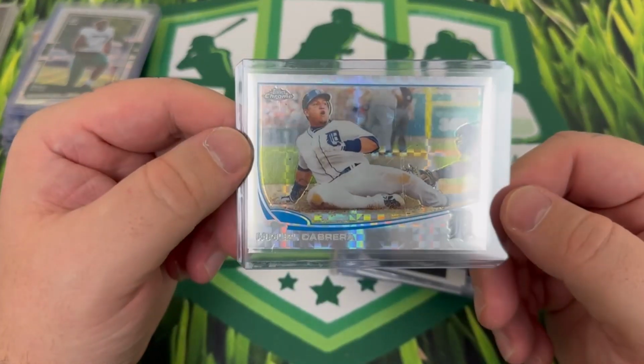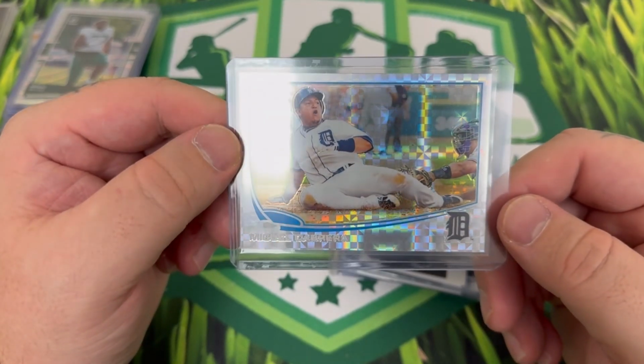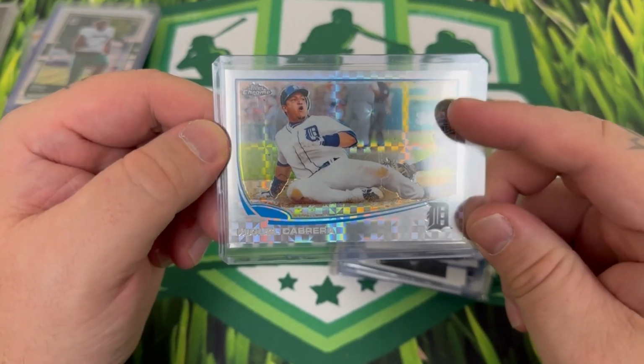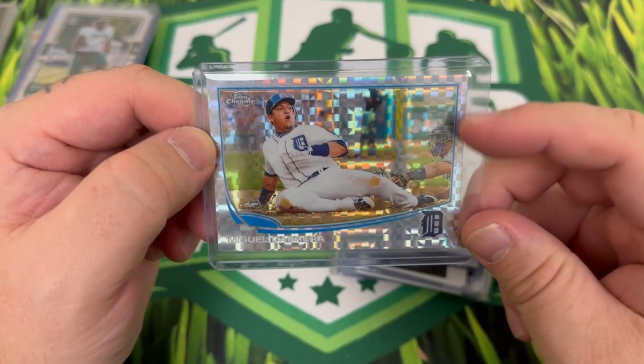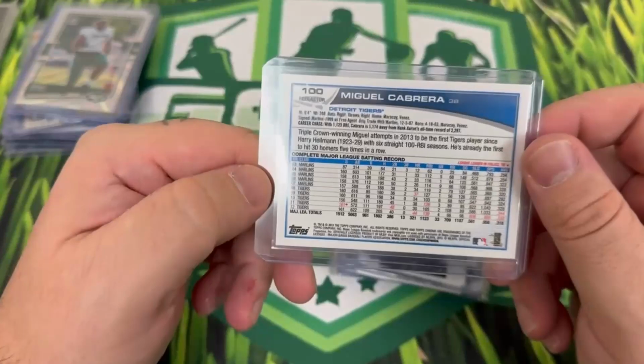Here we got a Miguel Cabrera X-Fractor. This is the Topps Chrome as well. This one looked really clean and centered. Kind of reflecting it here, I'm a little worried about a print line along the edge here. If you see that, I don't know if that's part of the design in the background or if it's got a little bit of a print line, but either way, I'm just picking these cards up